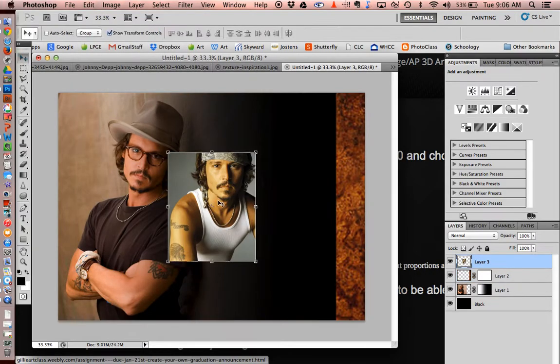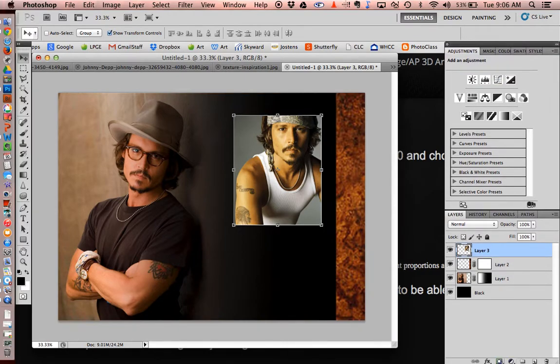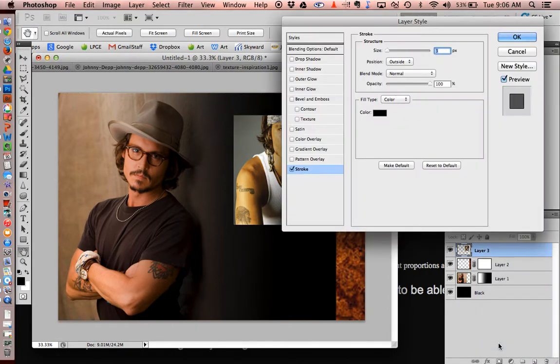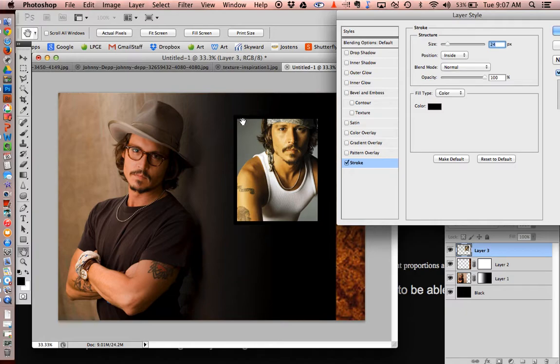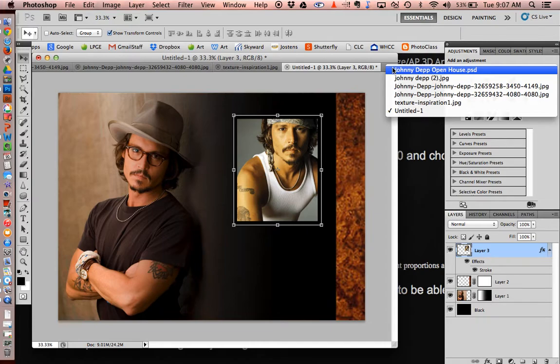I'm going to move it where I want to move it. If I want to actually put a border on it, I'll go to the effects down on the bottom and hit stroke, and wherever I want this to position, I can make my size bigger, smaller. I actually want to position this inside so that it gets a nice sharp edge on it. I could color it if I wanted to. I'm going to just say OK for a moment, put that on there,